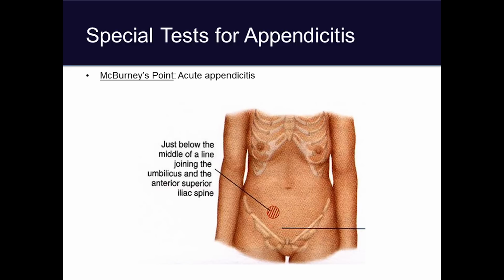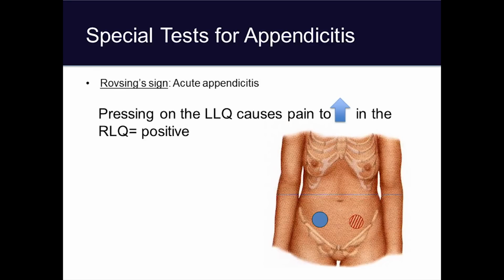There are a couple of special tests that we want you to know about. One such test, if you're considering that a patient has appendicitis or inflammation of the appendix, would be to locate McBurney's point, which is located a third of the distance along the line from the anterior superior iliac spine to the umbilicus. Tenderness in this area is often associated with appendicitis. Another test you could do if you're considering appendicitis in your differential diagnosis would be Rovsing